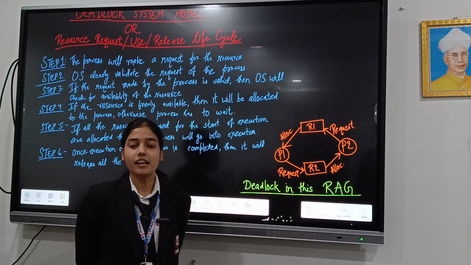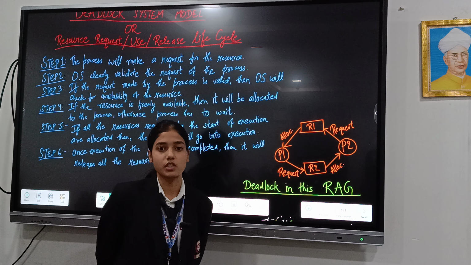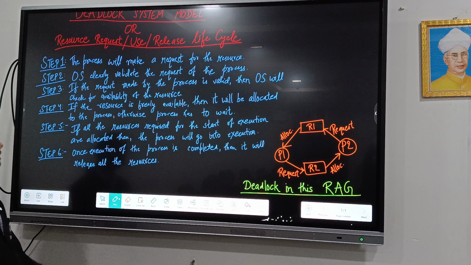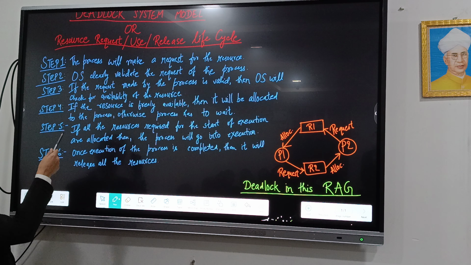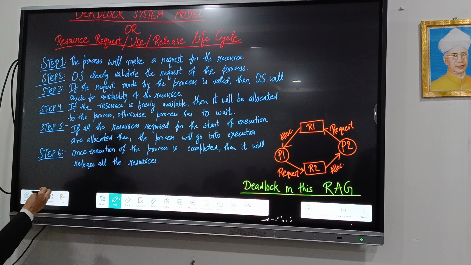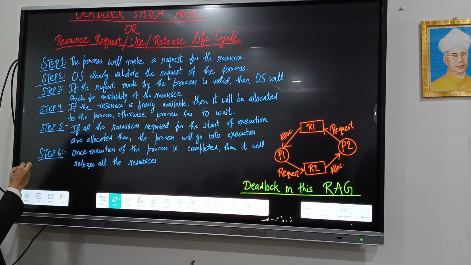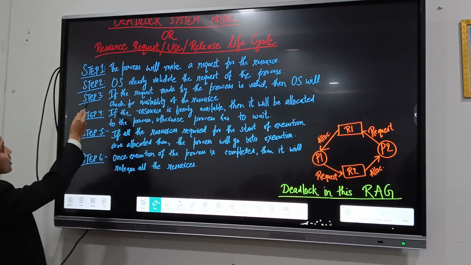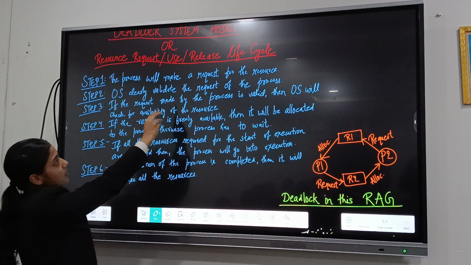Myself, Divya Kumari. I am from B.Sc.IT Batch 1 first year. So today I am going to explain the deadlock system model, or we can say the resource request use release life cycle. It consists of basically 6 steps, and the first step is the process will make a request